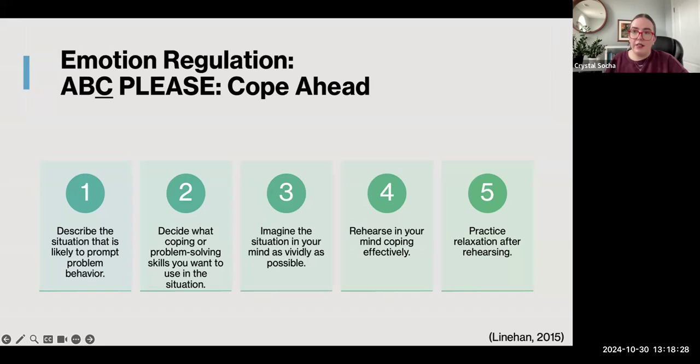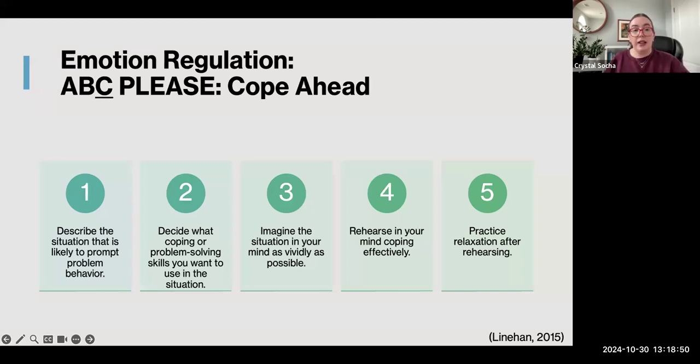Do we have, like Diana said, that plan B backup? What can we do? Can we remove ourselves and use the bathroom if we need to? Can we step outside for fresh air? Do we have a buddy in the family that is a safe person that we can rely on? And then maybe when we get home after a day of spending time with family at a holiday event,